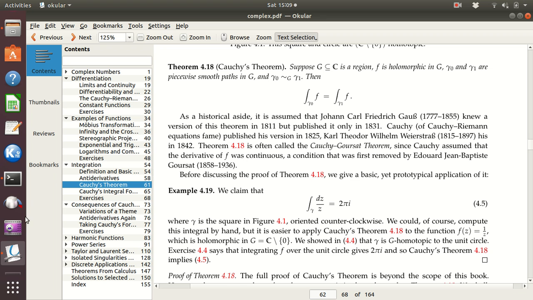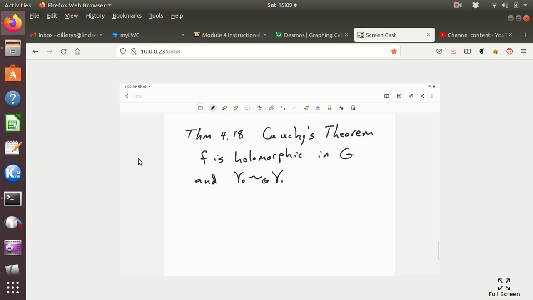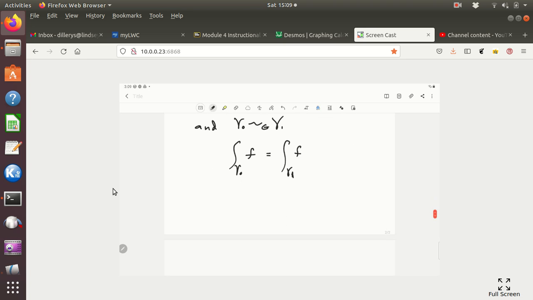Okay, so let's see. We've got Cauchy's theorem here. f is holomorphic in G, and we've got the homotopy gamma 0 to gamma 1. And then the theorem says, oh yeah, this is equal to that. And that's amazing, really, because